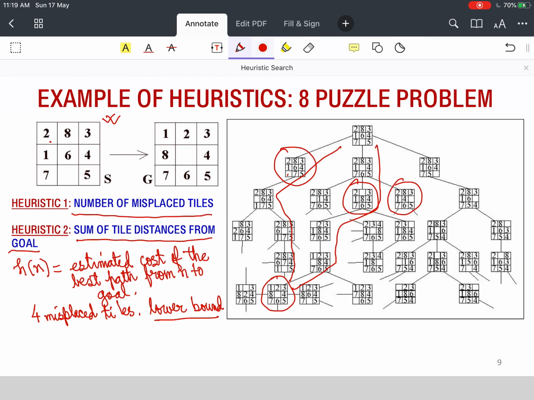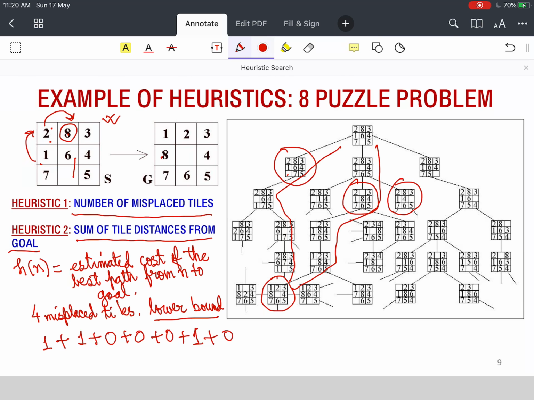At least one move is required for 2. 1 requires one move because 1 is here and 1 needs to move here. 2 requires one move because 2 is here and 2 needs to move here. 3 requires no moves because it's in its place. 4 requires no moves. 5 requires no moves. 6 requires one move. 7 requires no moves.